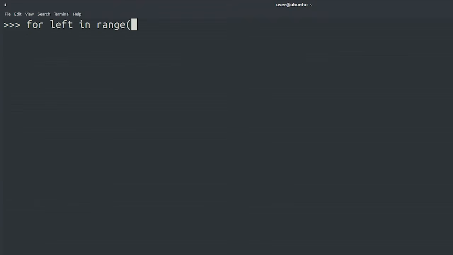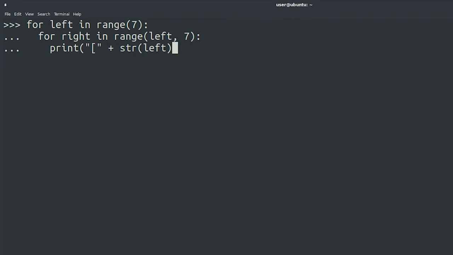Check out how this looks in Python code. for left in range(7): for right in range(left, 7): print("[" + str(left) + "|" + str(right) + "]", end=" ")